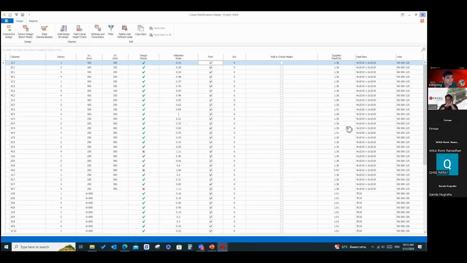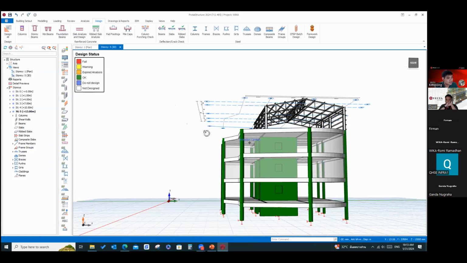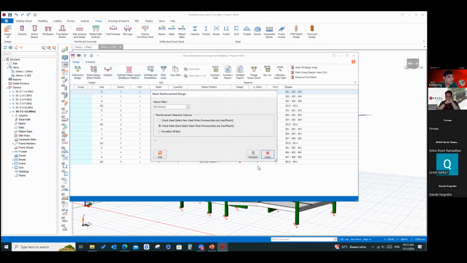Let's check the status like this. It's already done. Maybe the beam. Okay, we still have some concrete beams. We do the design. It will check all the load combinations for you. So don't worry, it will get all the results and calculate everything for you.